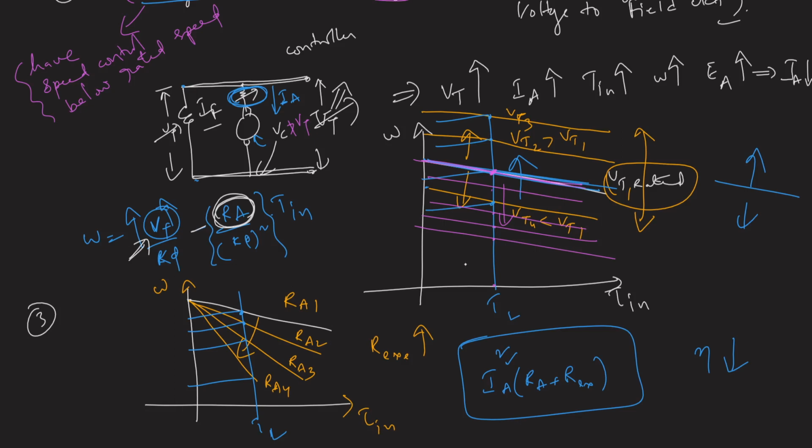So today we have seen how to have speed control of a shunt DC motor. Majorly field control and armature voltage control are the two commonly used methods, and the third one, armature resistance control, is not so commonly used because it incurs high armature losses and lowers the efficiency of the machine. Okay, shall I stop here?